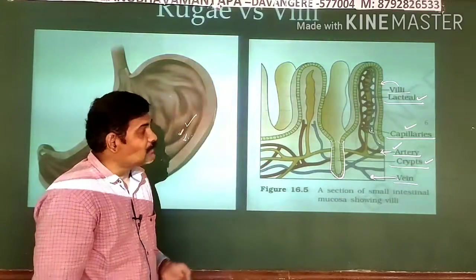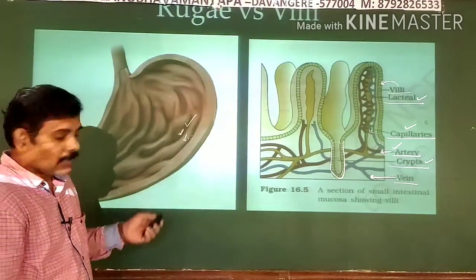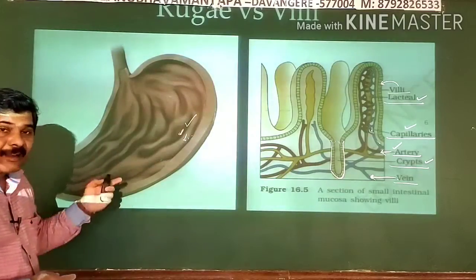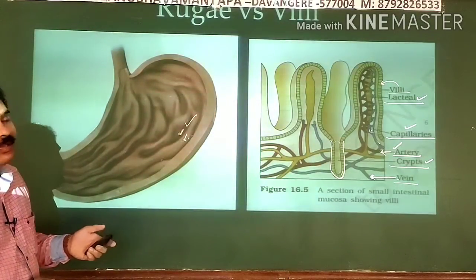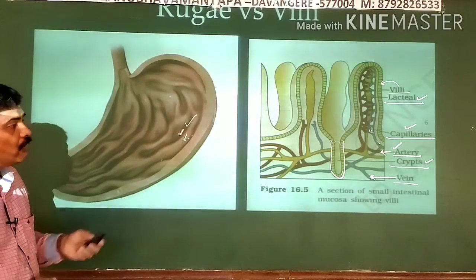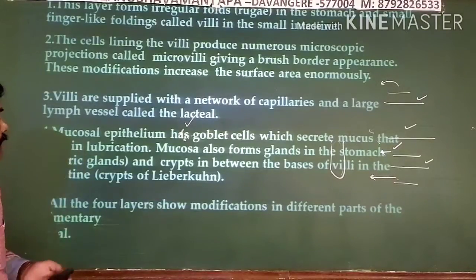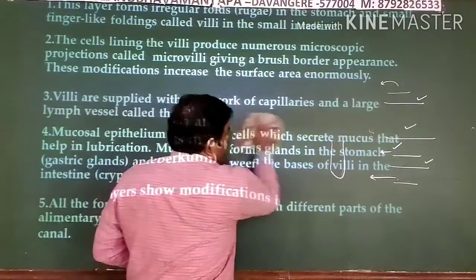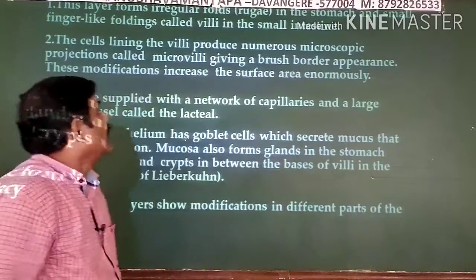This is actually the structure of the villi. So, a very important diagram, right? And this is the internal portion of the stomach, the gastric rugae, and this is the villi. The difference between the two you can clearly observe here. Coming to the next one, the characteristic features, as I said diagrammatically, see the points here in a detailed way.